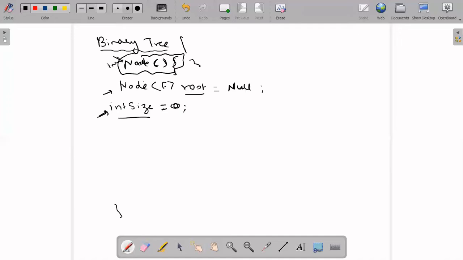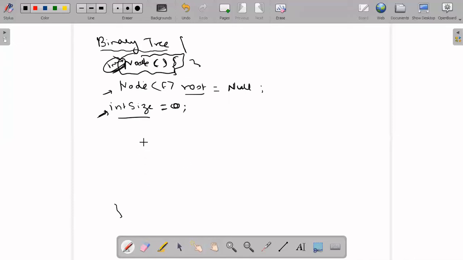So we have two variables for the binary tree: one is Node root and one is int size. Those are the only two pieces of information I want to store at the binary tree level, and the linking between two nodes is stored in the node inner class.